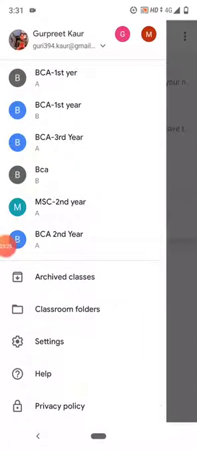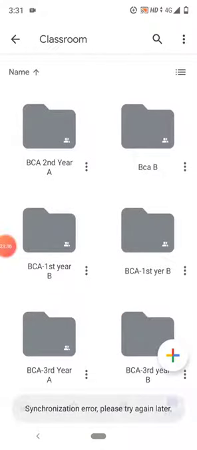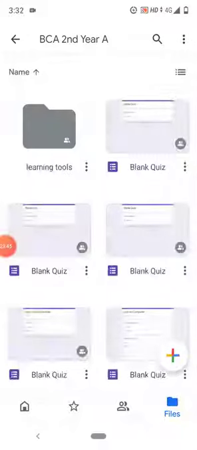So the wonderful feature of Google Classroom is classroom folders. In the classroom folder, all the material which you have shared so far with your students is in your Google Drive, like BCA second year.